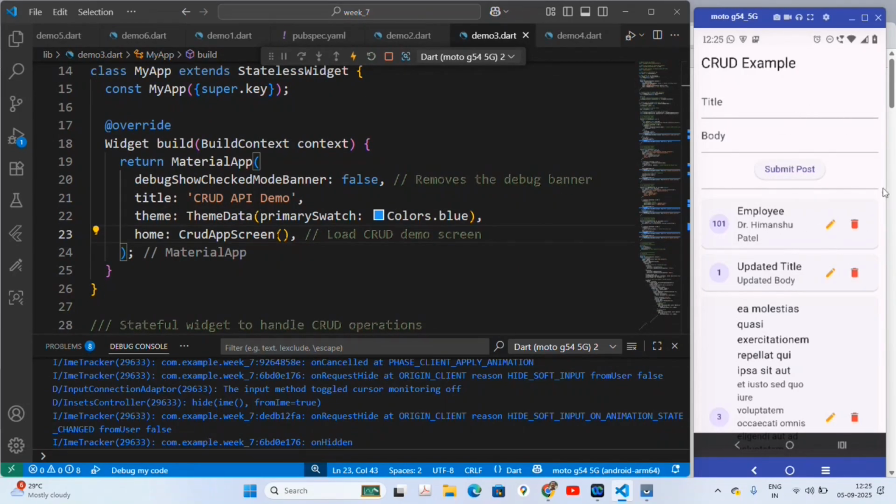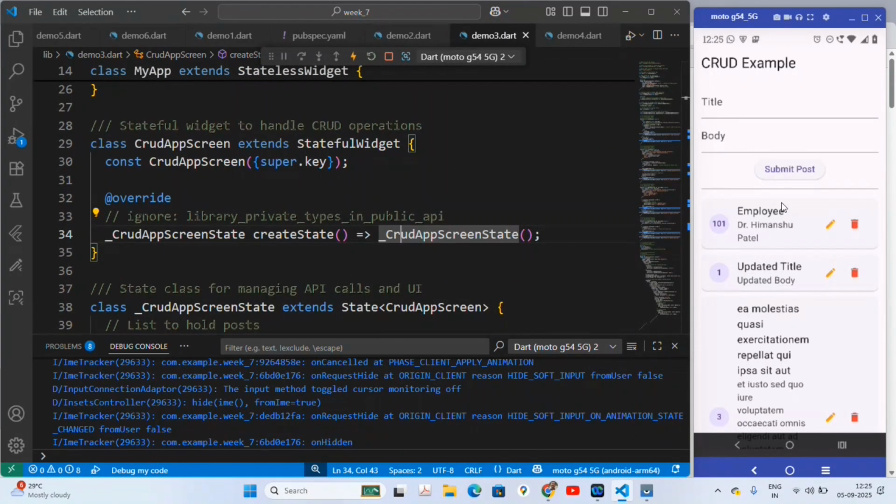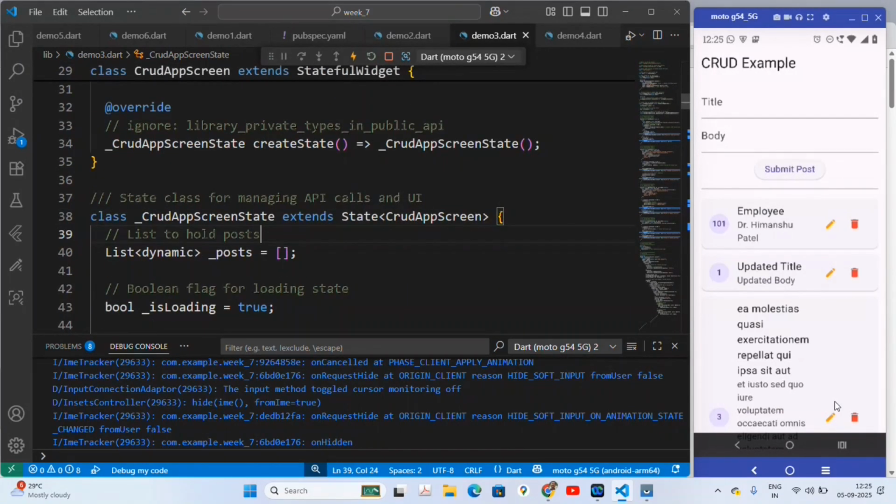So this is my CrudAppScreen, which is a widget which is displayed as a home of my app widget. So inside home I set CrudAppScreen. Now this class CrudAppScreen is a stateful widget. So here I define its constructor and override createState method as usual, and inside CrudAppScreenState I